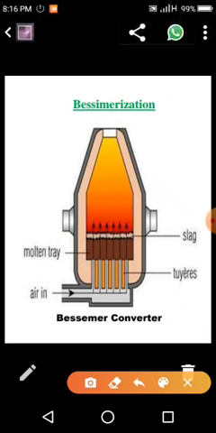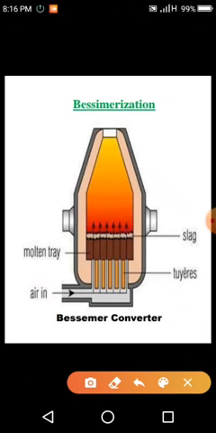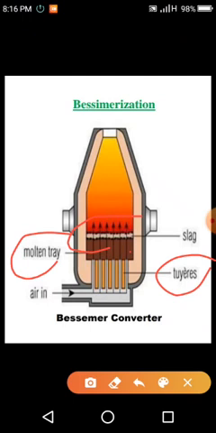You can see it is a pear-shaped vessel that contains tubes which blow hot air. Then the molten tray, where copper sulfide forms copper, can be drained out from the air. Slag: if some ferric oxide is remaining, it can form slag here also with the action of silicon and be easily removed. It may or may not be that ferric oxide is present. The main task is to remove sulfur from the copper.